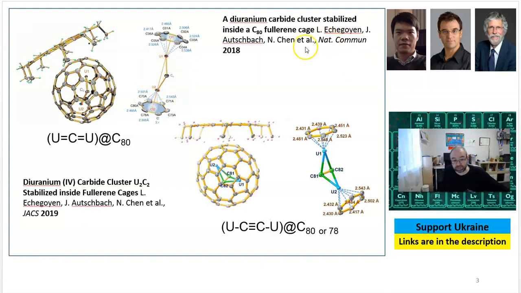So yeah, one paper was in 2018 in Nature Communications, another one in JACS 2019, and in JACS there were 2 carbon atoms, and it's a completely different structure based on bond lengths, orbital arrangement, and many other methods. It's actually a triple bond between carbons, and uraniums are bound to this triple bond from each of the sides. None of those molecules could be observed by any other method. No one even knew they could exist,